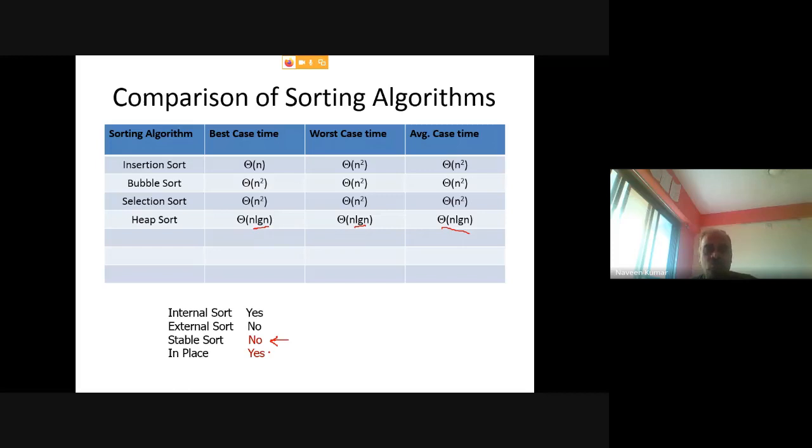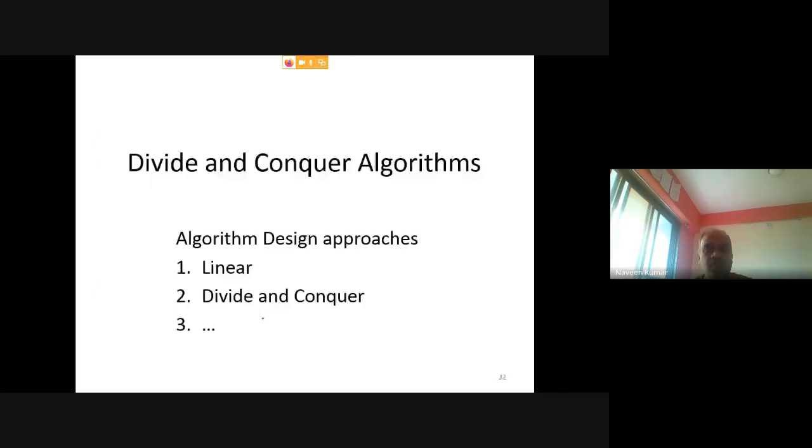So, in place. Is it in place? How much extra space, how many extra variables have you taken? These are constant, right? So 3 or 4 extra variables are required. So it is constant. So it is in place. It is an internal sort, definitely, because every time you need everything, right? Every array element. In every operation, you require every element. So the whole array must be in RAM before starting these operations, right? Working with this algorithm, correct? Okay. So let us move on to the next topic.